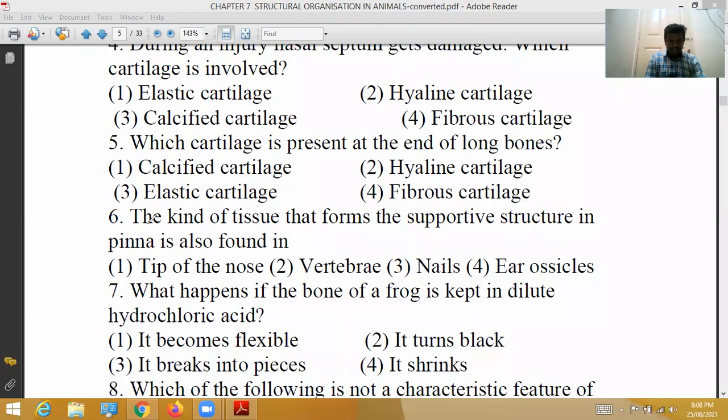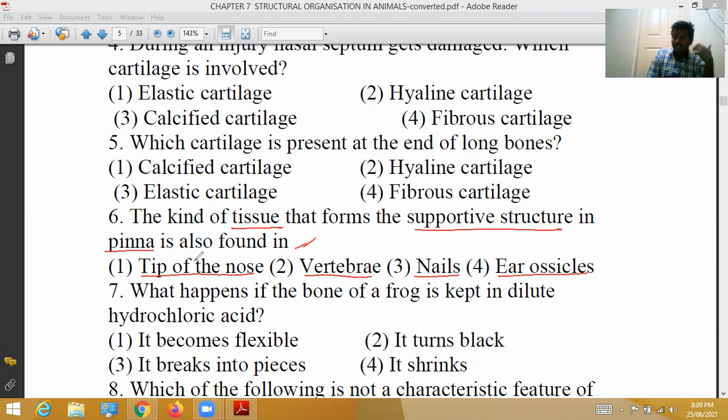Sixth question. What kind of tissue forms the supportive structure in the ear pinna? It is also found in: the tip of the nose, vertebrae, nails, or ear ossicles. So the kind of tissue that forms the supportive structure in the ear pinna is also found in